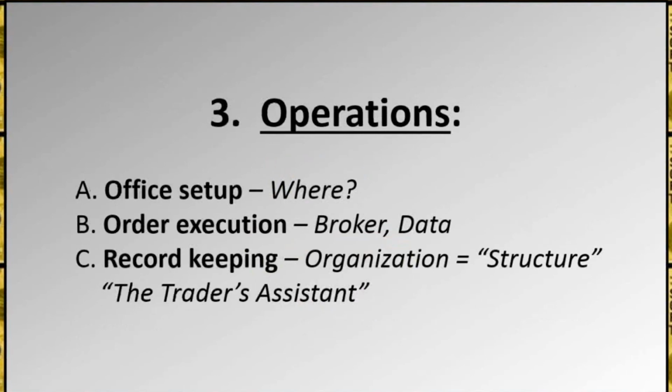All right, number 3, operations: office setup, order execution, record keeping. Office setup, where are you going to do this? You have to think about all this, and what's the expense of this particular setup? Order execution, what broker are you going to use? That's probably going to depend on the kind of markets you want to trade. You want to get good executions at a good price. You don't want to get bad executions at a good price, okay? So you need to look around, Google, find out what's good. Record keeping, organization, structure. Again, if you're not keeping good records, you are sabotaging your trading, so you're having some type of subconscious issue where you don't want to look at what's real. So all this falls under